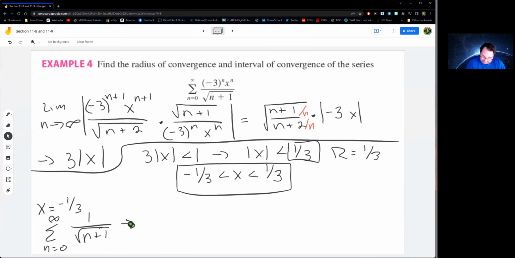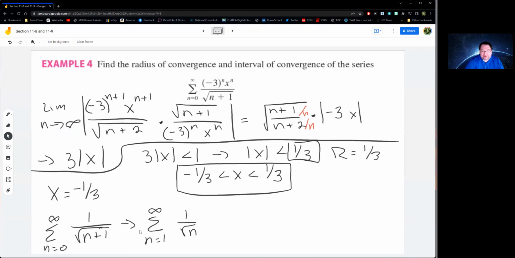Now, I can make one little modification to this. Does everybody see what I just did there? Because this is actually kind of important when we're looking at this situation, because it's going to make my life easier to figure this out. So the initial problem, I had the n plus 1, which means I have to do extra work because it's not just like a p-series or something like that. However, my n started off at 0. So if I say my n starts off at 1,